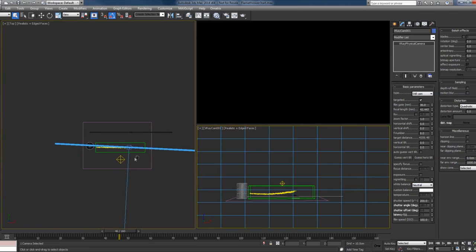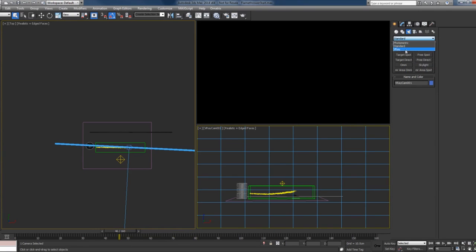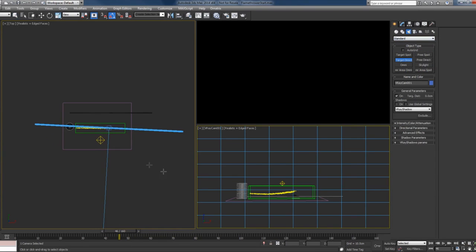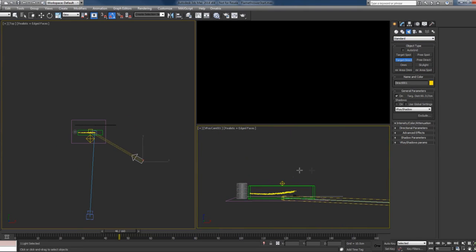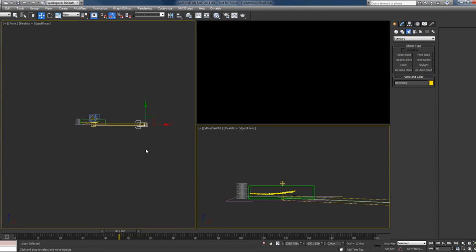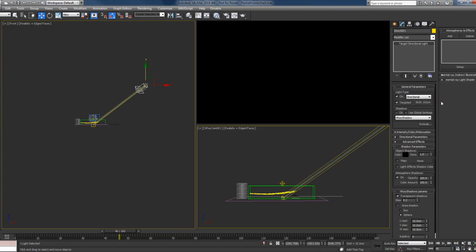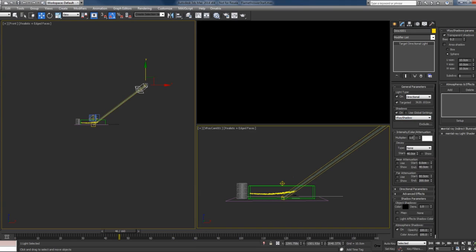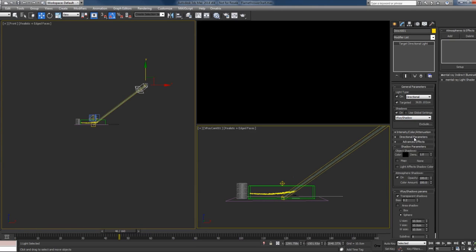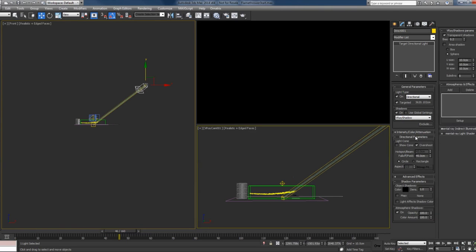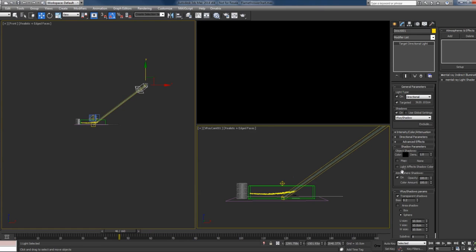Okay, and now I can create a light. I'll create a target direct, drag it in the viewport, put this up, and turn on the shadows. V-Ray shadow, I will leave the intensity to 1, and I'll set the directional parameters here to overshoot, and I will also make sure that the atmosphere shadows are turned on. And if I hit render now,